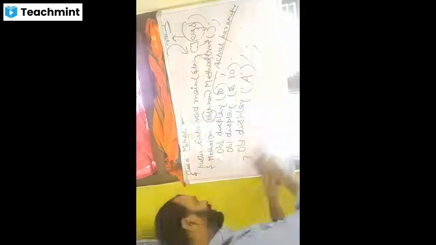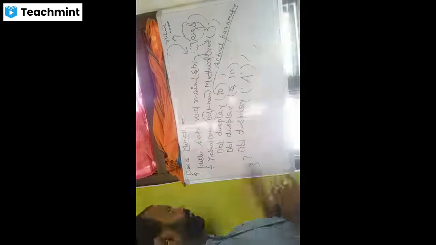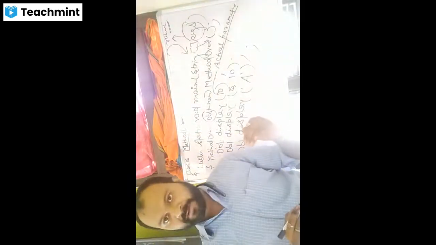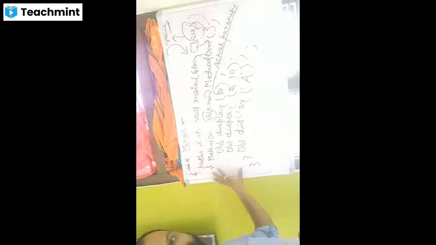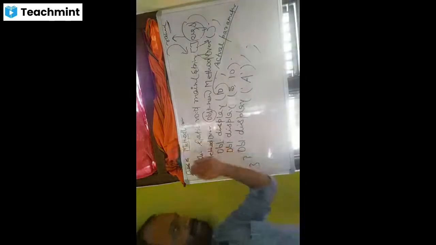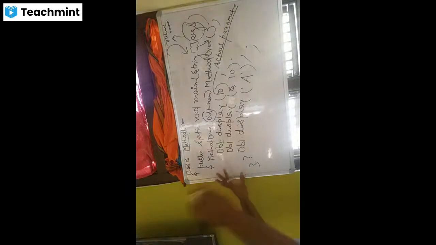Now you can see this is closed, then the method is closed, and your class will be closed. This is just after all the methods we have written. Just after the first display method, then the second display method, the third display method, we have written this one. Now let's try to understand how we have given the values.